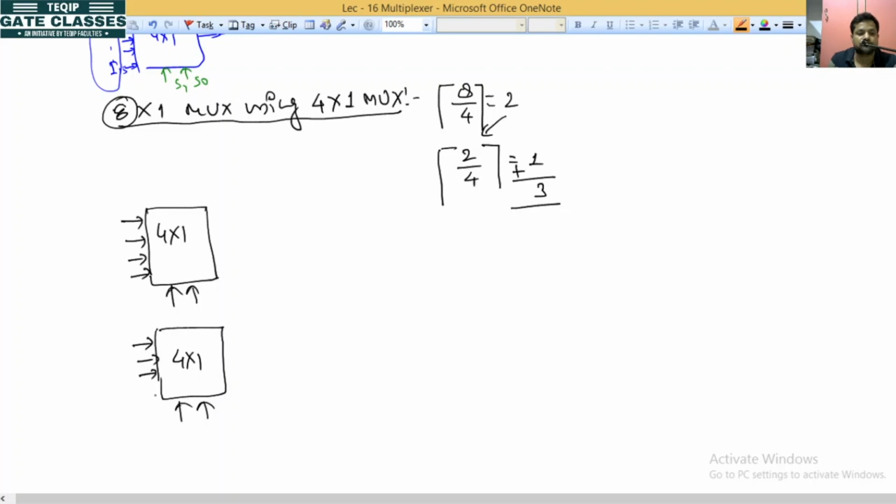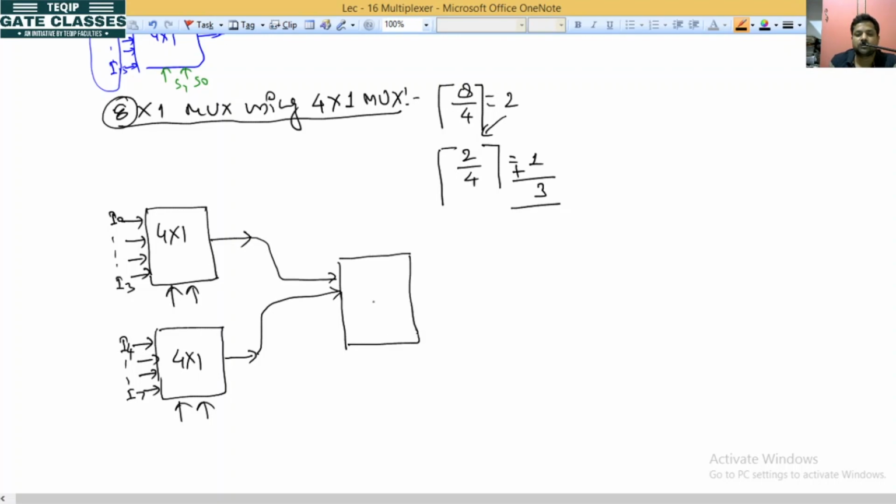Now we have 8 inputs, so 8 inputs are now implemented here, so 4 from here and 4 from this 4 cross 1 mux. So it will be I0, this one is I3, in between you can write yourself, it will be I4, it is I7, okay? Now we have one output from here and one output from this 4 cross 1 mux, okay? So we have only how many? Only 2 outputs here, but what is required here? 4 inputs, okay na? Because we have only 2 inputs from the last level, okay na?